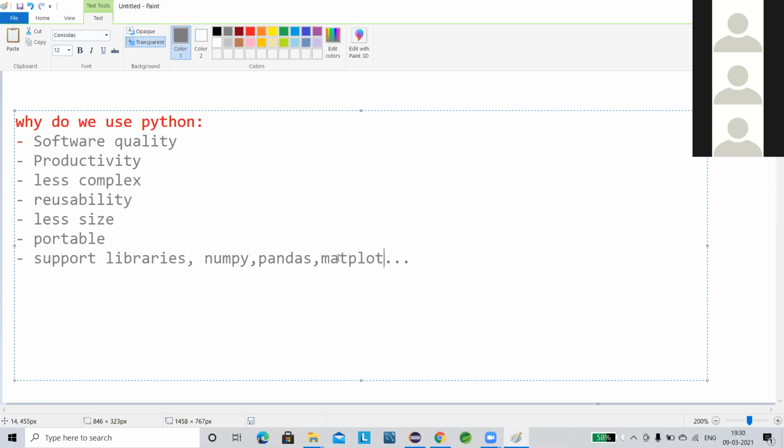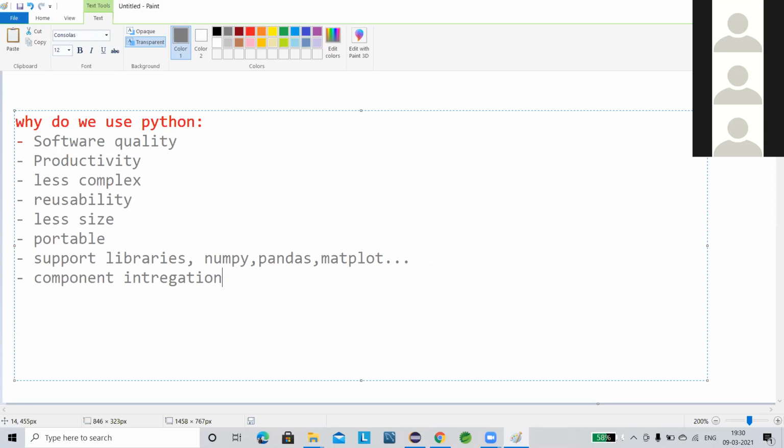Okay, and the next key feature is, let me write it down, component integration. What do we mean by component integration?